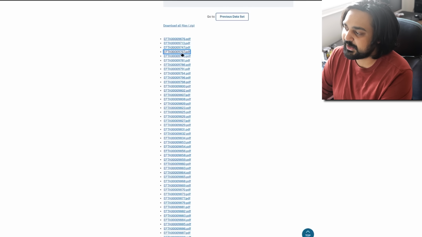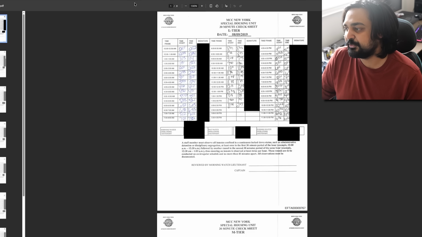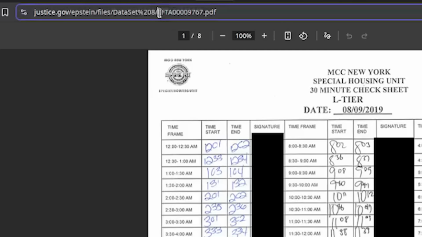For instance, when it came to certain files, all it really took anybody to do was to open up the URL entry for their browser, go to this section where it's EFTA, and as long as it's part of the similar data set, like this is in dataset 8, it could be in 7, 6, 5, yada yada, change these numbers around and you can access material that the government has de-indexed from the search engine on the website.